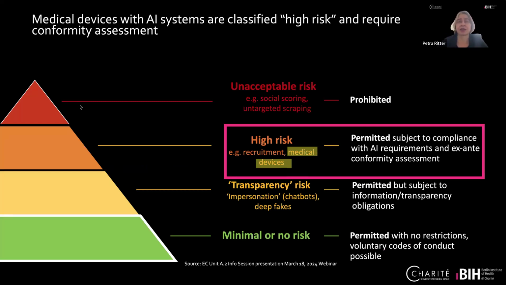It differentiates four categories of risk: the unacceptable risk, the high risk, transparency risk, and the minimal or no risk. All medical devices fall, per definition, under high risk if they contain an AI system. And with this, such medical devices, if they enter the market, need to undergo an ex ante conformity assessment, before entering the market,